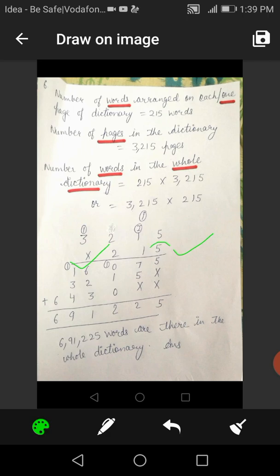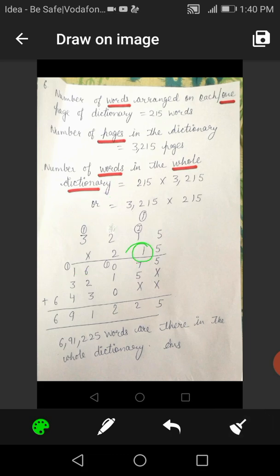First multiply one digit number with all. So here 5 5s are 25, 5 here, 2 need to carry to the next number. 5 ones are 5, 5 plus 2 is 7. On the tens place there will be 7. Next is 5 2s are 10, 0 here, 1 need to carry on the next number. Next is 5 3s are 15, plus 1 is 16. So write here 16.